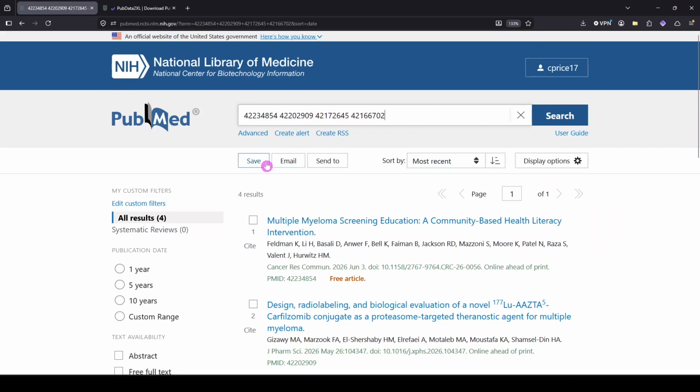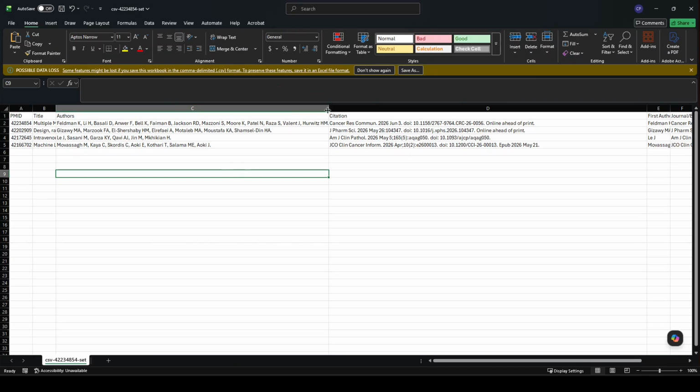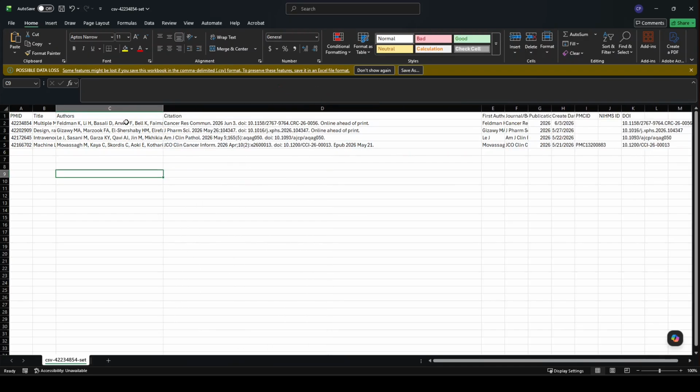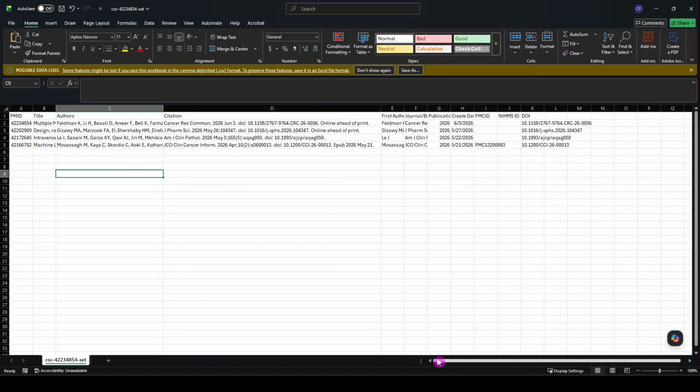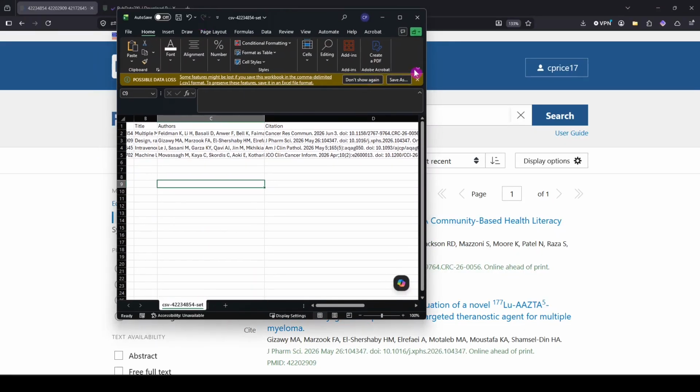A lot of times, let's say you're working with a research team and they want to do a pilot of their screening before they actually start screening. But when you save here and you say all results and you download the CSV, we have the PMID, we have the authors, and we have the citation information. Where's the abstract? Where's the keywords? Where's literally anything else that we would want to see about this article if we were doing a pilot screening? It's not here. And so what we're going to do instead is